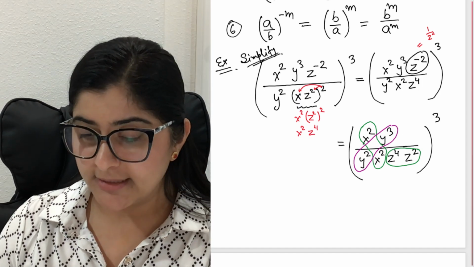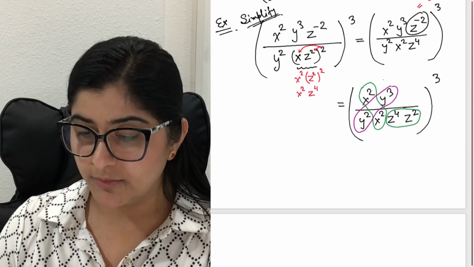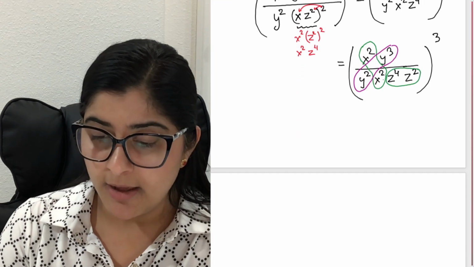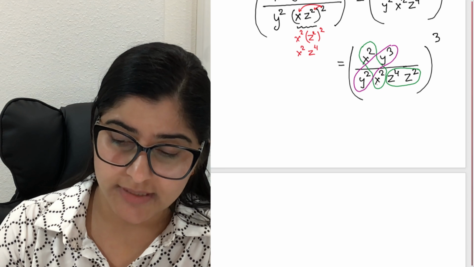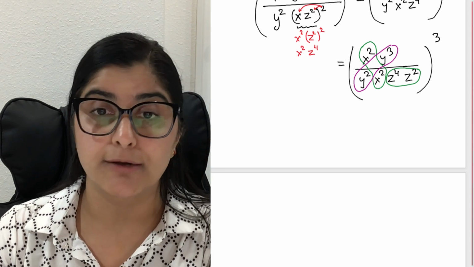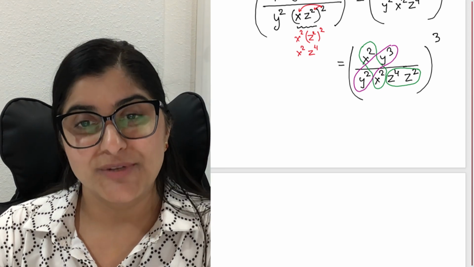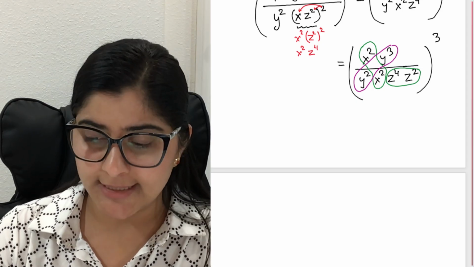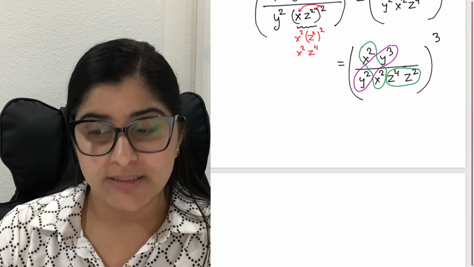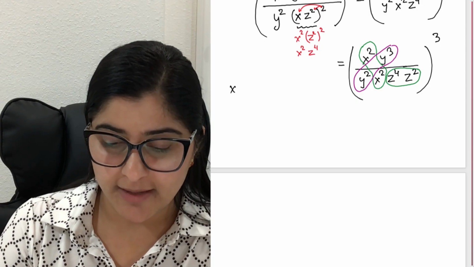So instead of writing them 2 times in the numerator or denominator, why not combine? One way is you can cancel x squared with x squared, right? We can cancel out the same things in the numerator and denominator, and today we are learning exponents, so I will go with that. If you are dividing two exponential expressions with the same base,